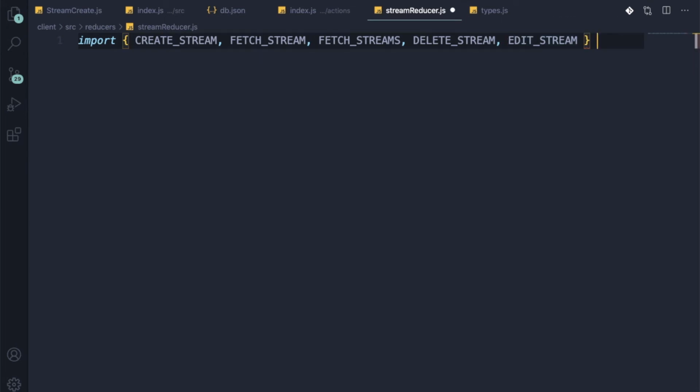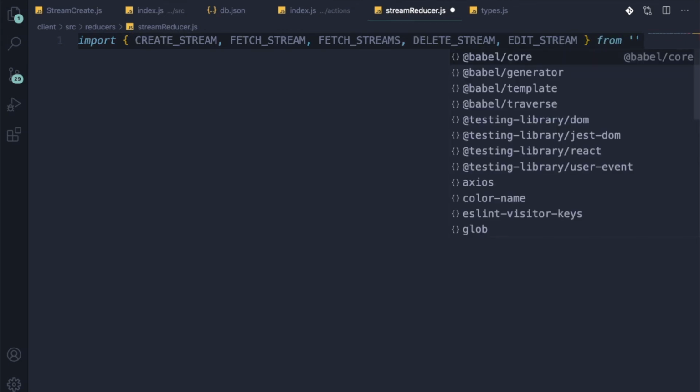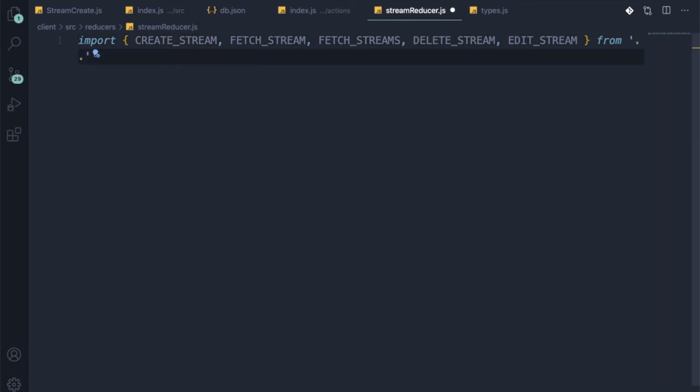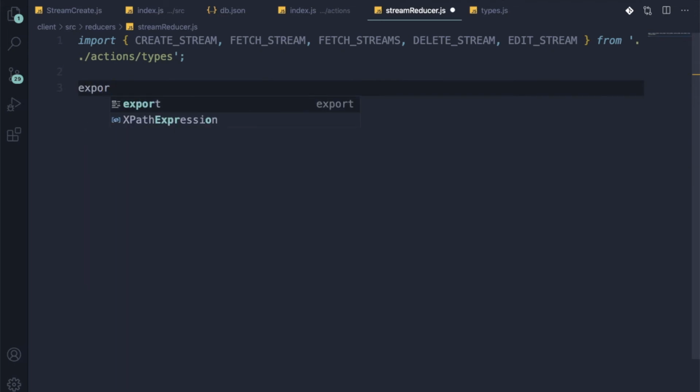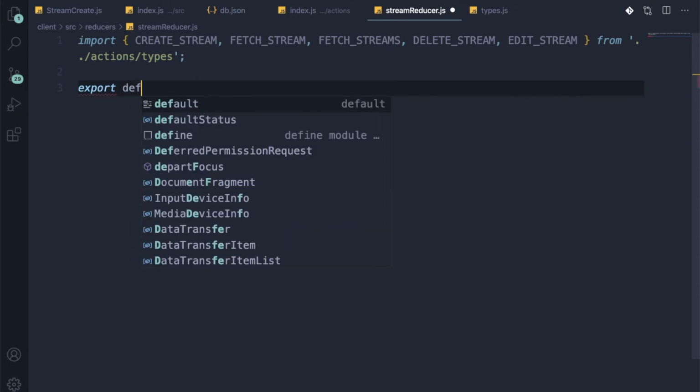But the path will be a bit different from dot dot. Okay, one dot was above only. Actions, types. Now as usual, we will have everything inside a switch case in a reducer. Export default,